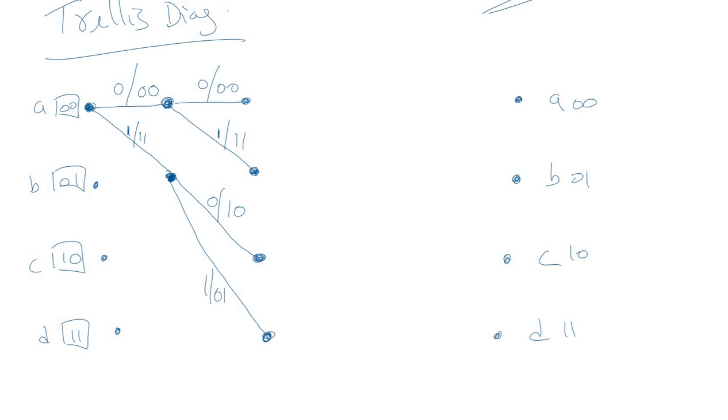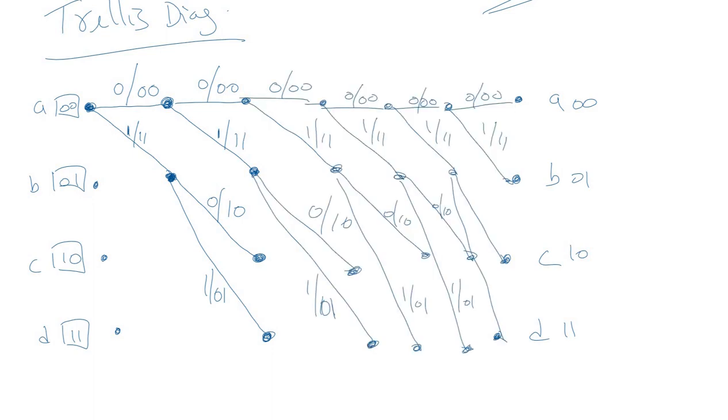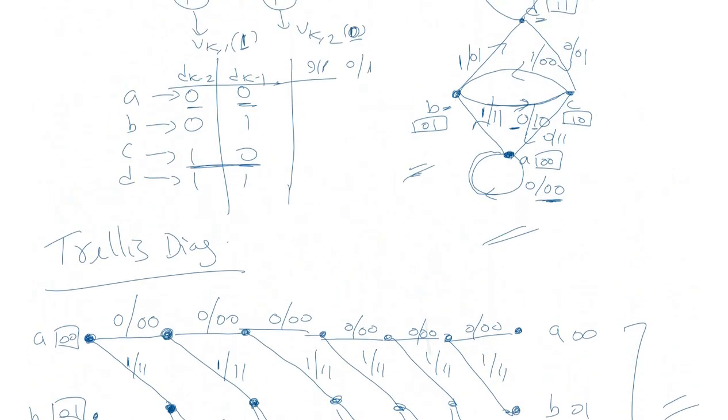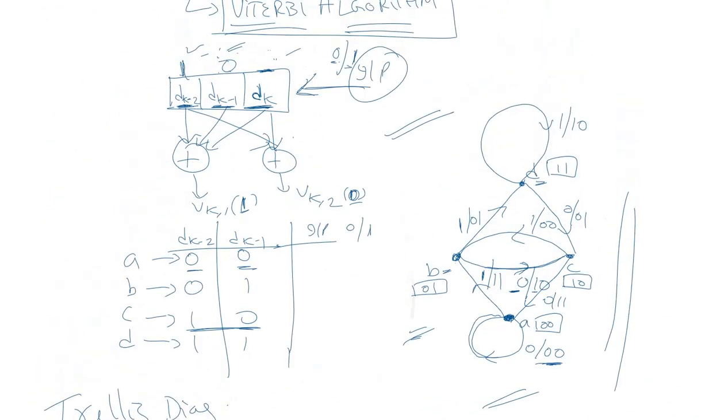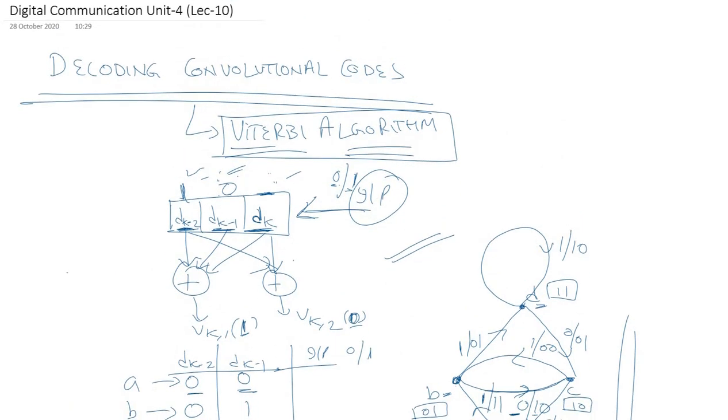In this way we can complete this entire trellis diagram, which I'll do quickly for you. Now since we know how to make a trellis diagram and a state transition table of any given convolutional encoder, this is your given convolutional encoder, and when we have the understanding of the overall encoding process taking place, now we can go for the implementation of the decoding algorithm, which is going to be the Viterbi algorithm.